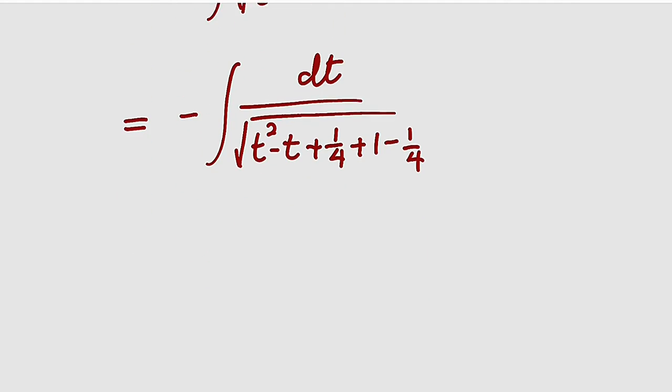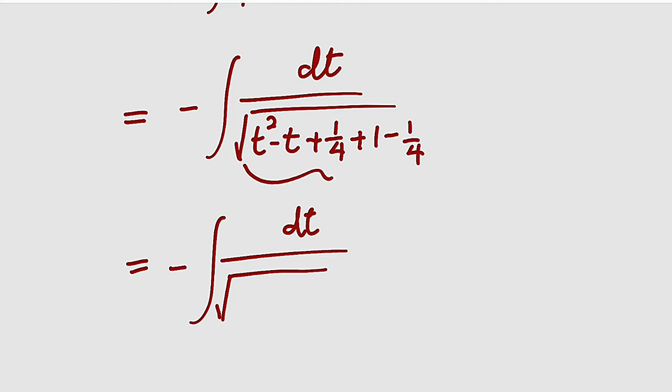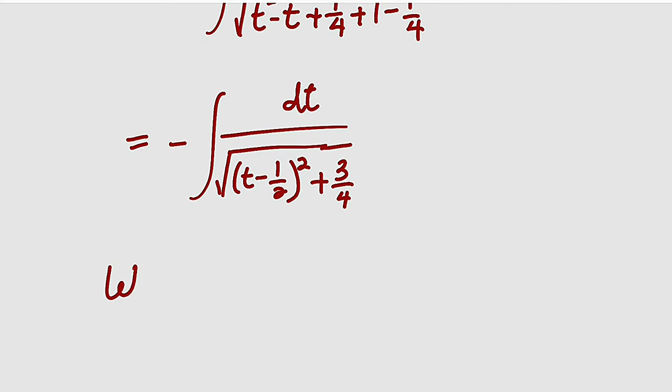Everything is now balanced. This is equal to negative the integral of dt divided by the square root of, these first 3 terms can be written as t minus 1 divided by 2 all squared. Then if you simplify this, you are going to obtain 3 over 4. So we have plus 3 divided by 4. I would like to do another substitution right here. So let t minus 1 divided by 2 be equal to the square root of 3 divided by 4